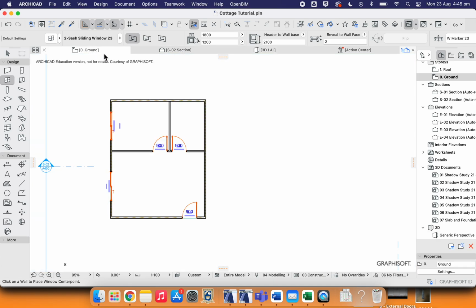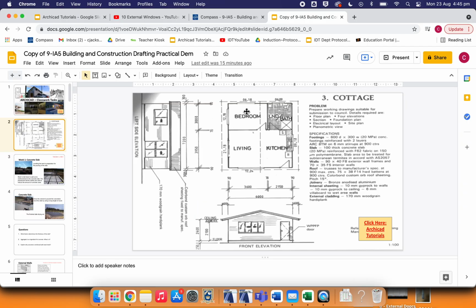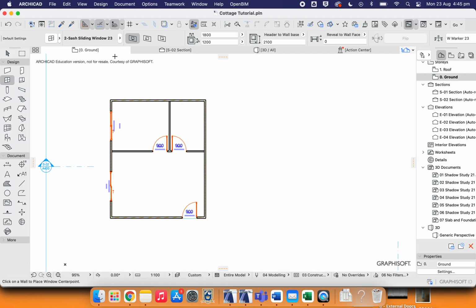Now let's just do that one more time. So get back into 2D. Let's insert this one across the top there. Now all the settings should be preset, so we should just have to change this. So the second window we want is 1800 wide by 600 high. So go to our settings,